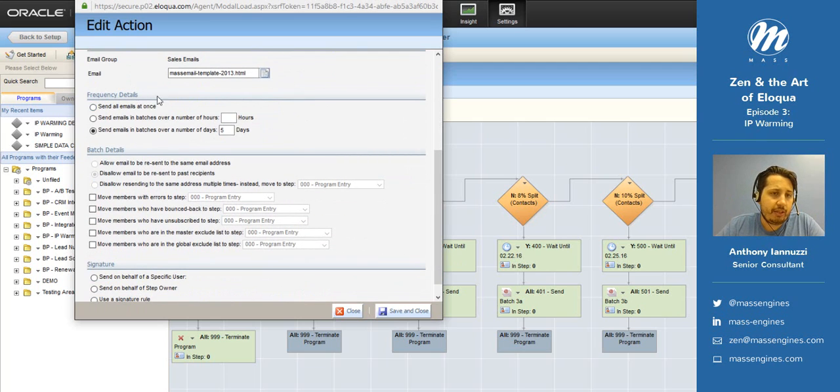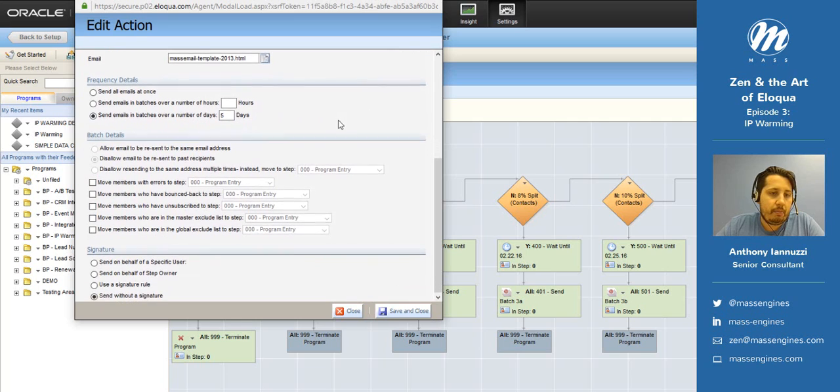So then we get into frequency. We don't want to send all the emails at once. Since it's the first week, we want to send them over the entire week. So we're going to send emails in batches over a number of days, and that would be 5 days. And then if you want to change to include a signature, or if you have signature rules